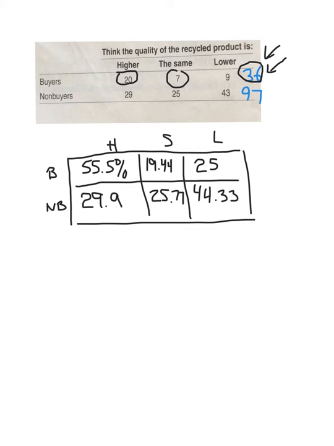So then they say, once you look at all these percentages, is there anything that stands out? Well, you might say, of the buyers, most think that the quality is higher. And the non-buyers think that the quality is lower. Those are the bigger numbers, I guess. That's one thing you could say. So again, in statistics, we're just trying to crunch these numbers and then just take a look. What stands out? What do we see? What do we notice? So there's that question.